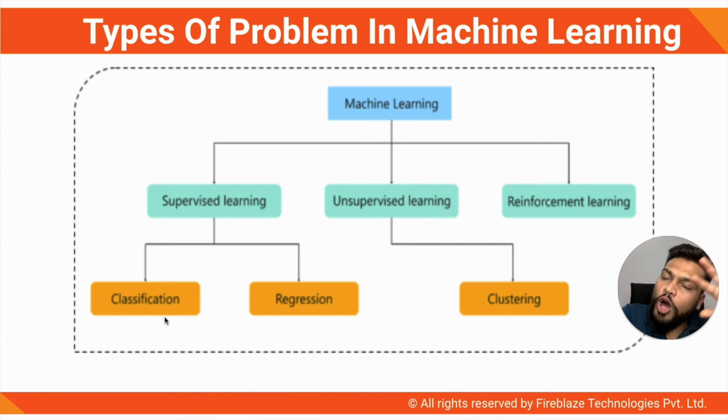So all the problems which involve a certain kind of class, pass, fail, product purchased, not purchased, yes and no, true and false, right? Wherever a class is involved, it goes under the band of classification, supervised learning type. So all the problems of those sorts you can solve using algorithms which are present in classification.